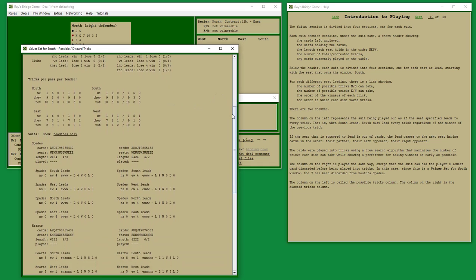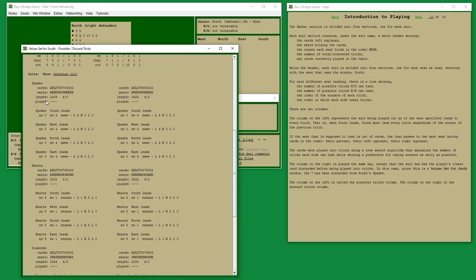Each suit section contains, under the suit name, a short header showing the cards left unplayed, the seats holding the cards, the length each seat holds in the order north, east, south, west, the number of total and contested tricks, and any cards currently played on the table. Below the header, each suit is divided into 4 sections, 1 for each seat as lead,